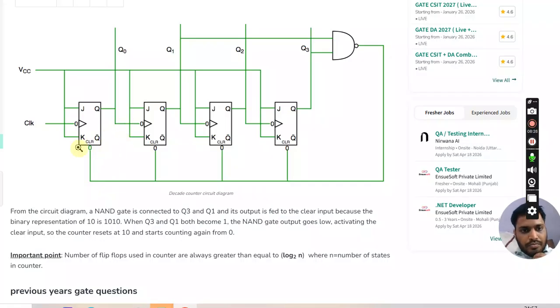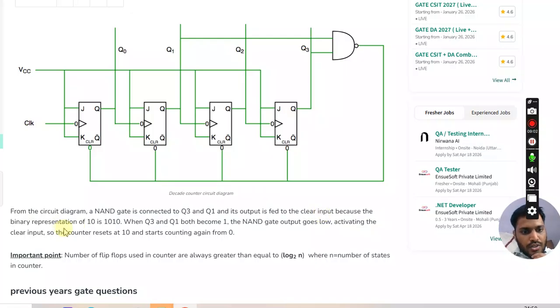We will check that later. The same thing is there: VCC voltage is applied to both the inputs J and K. The change is not happening at Q0, at Q1 or at Q2. The change is only happening at Q3, wherein Q3 is taken along with Q1. So an AND gate is connected to both Q3 and Q1, and the output is fed to the clear input,